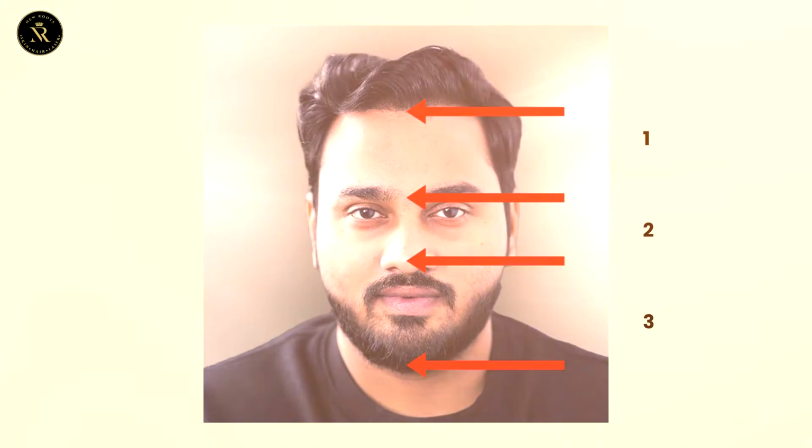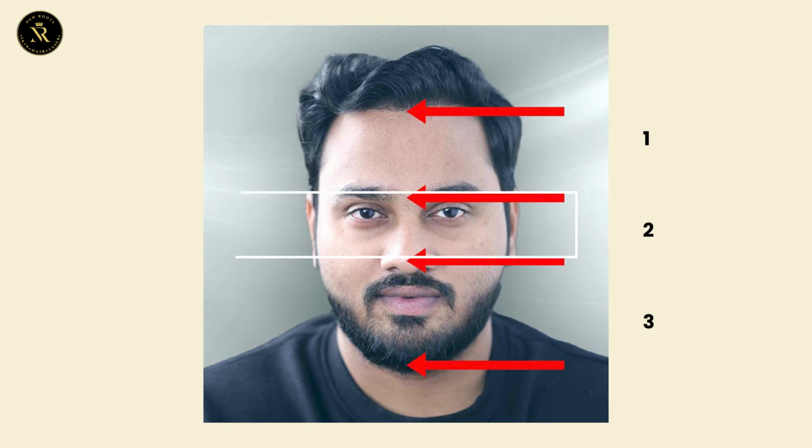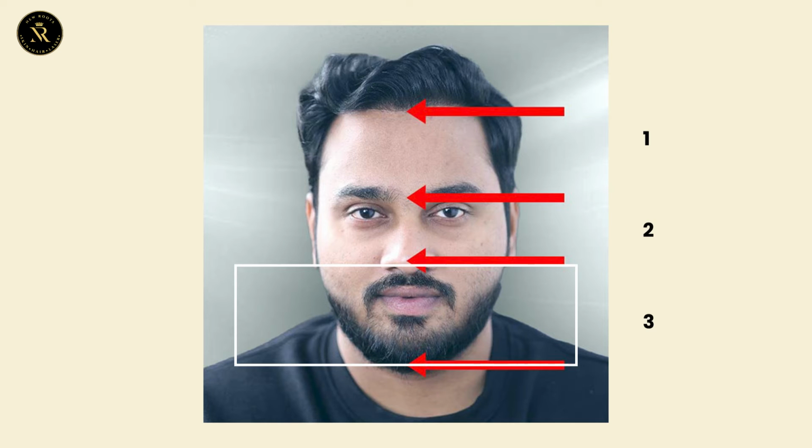So let me explain how we position the hairline. We generally follow the rule of thirds method. That means generally the face has three sections. One is from the midline to the place between the two eyebrows, and the second section is between the eyebrows to the tip of the nose, and the third section is between the tip of the nose to below the chin. So we consider all these three sections and give the perfect hairline according to these sections.